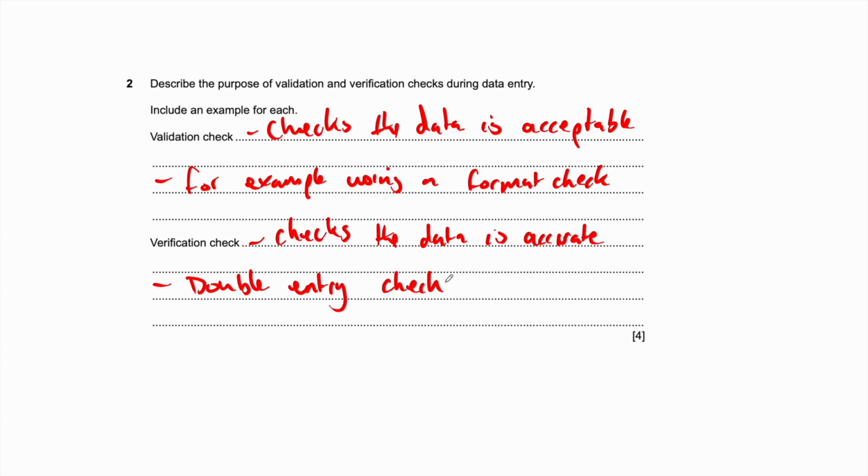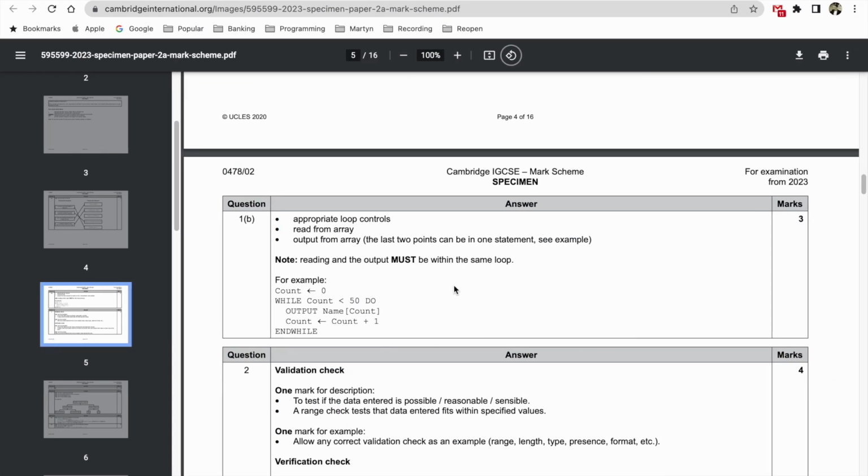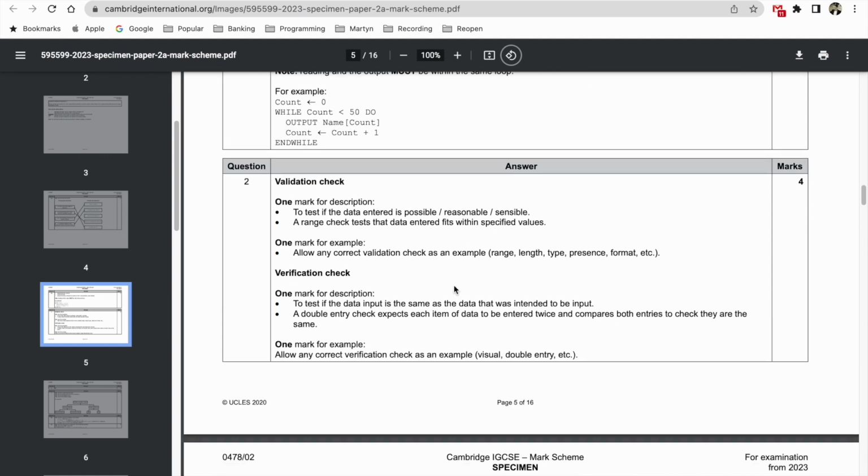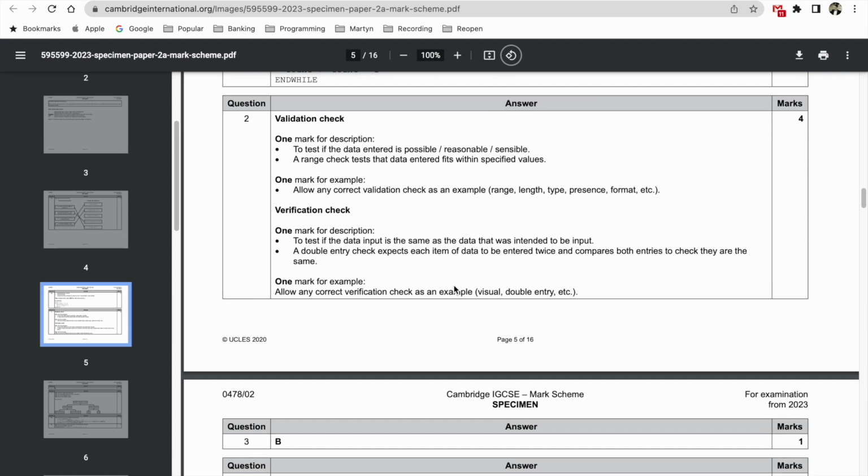Okay, so this is where, when you reset a password, you type it in once, you type it in again, and it's just to make sure that you haven't had a typing error. So what they said: 1 mark for the description or 1 mark for example. So to test if the data entered is possible, reasonable, sensible, I hope they would accept